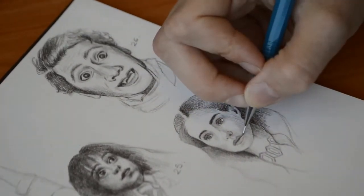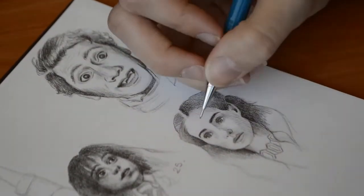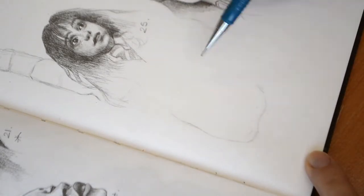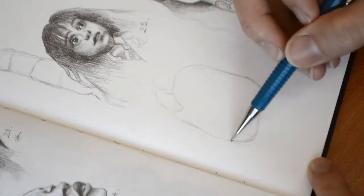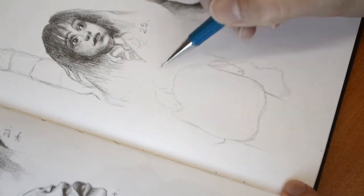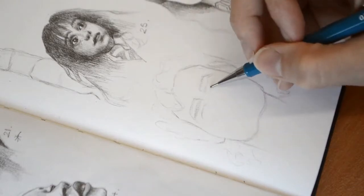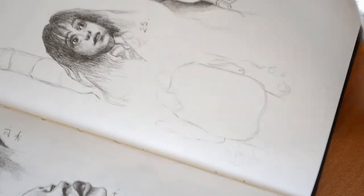It's really interesting, but do be careful, because I found when I was doing it that because there were characters that I was familiar with, it became twice as hard to draw them. If you're drawing a model and no one really knows who they are, someone from real life or a magazine, you can kind of get away with a certain amount of freedom. If you make a mistake, if that eye isn't quite in the right place, then it's not so bad. But when you're doing someone that everyone is familiar with, you can really notice when something isn't